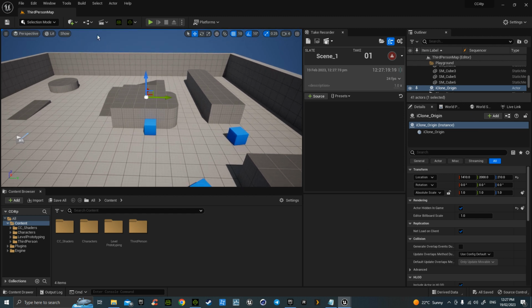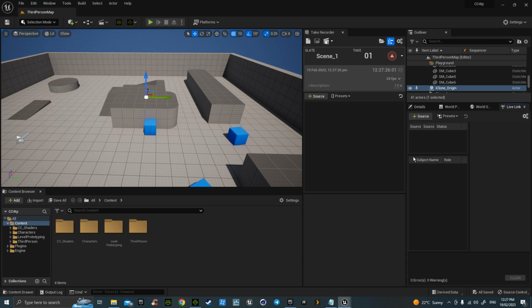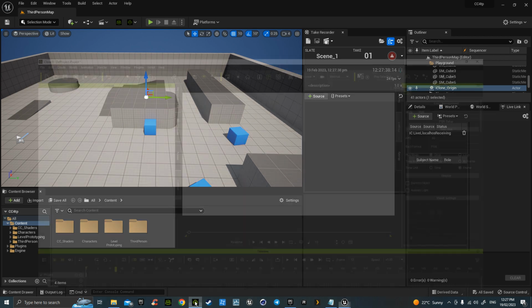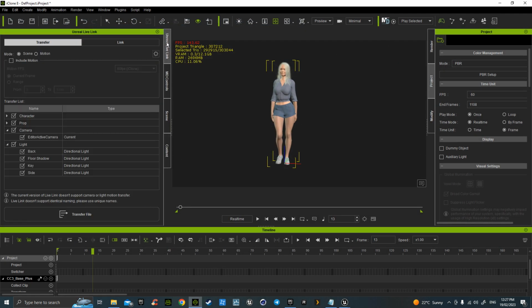We can also hit Window, Virtual Production, Live Link, and that comes over here. Source, iClone, port number. Okay, so that's linked. That's the Unreal Engine setup. Then we open up iClone 8 again, or sorry, we go back to it. Go to your Unreal Live Link